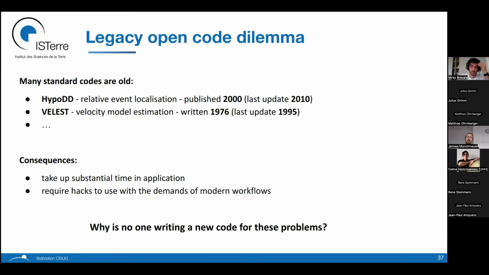And the second is, in 1976, no one built a code that is able to deal with 500,000 earthquakes. However, that's where we've arrived now in the size of our earthquake catalogs. So we need a lot of hacks to actually make these tools usable for the demands of modern workflows. And many people do this again and again. So we actually have many people investing work here, and I'm sure that the time that people have spent getting HypoDD and Velest to work would easily sum up to enough time that one person could have rewritten it.